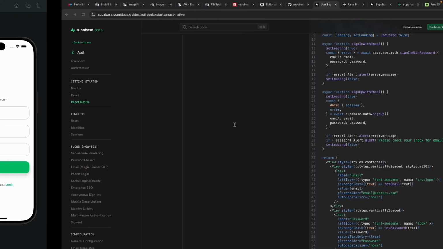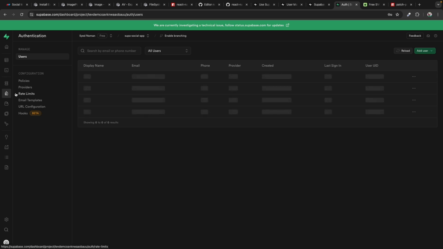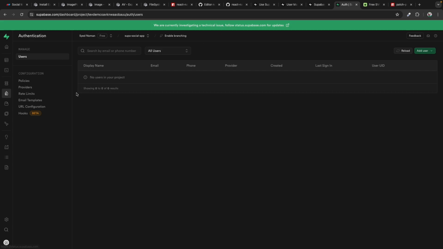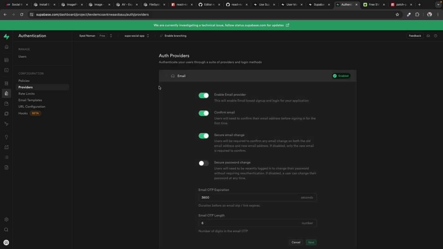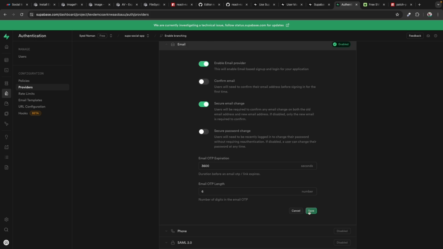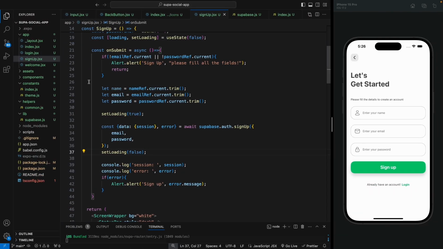Now before we test everything, we need to enable the email provider. So if it's not already enabled, go into your authentication service, and in the sidebar you will see providers. So let's just refresh the page. Okay, so in the sidebar you can see the providers. Click on the provider, and by default the email will be enabled, but we need to turn off this confirm email option, because if we don't, it will send a confirm email on the email that we used to sign up, and we need to perform an extra step. I don't want to do that, so we just need to turn it off.